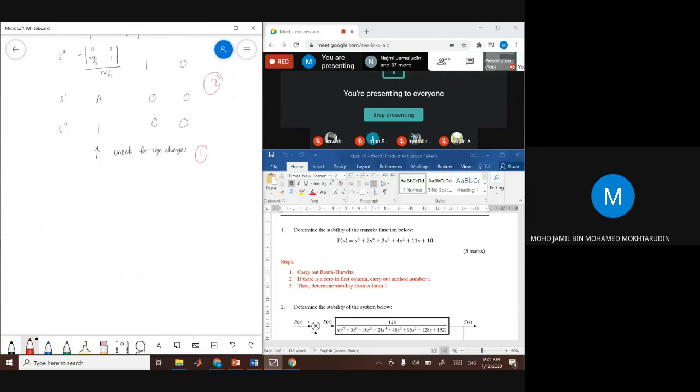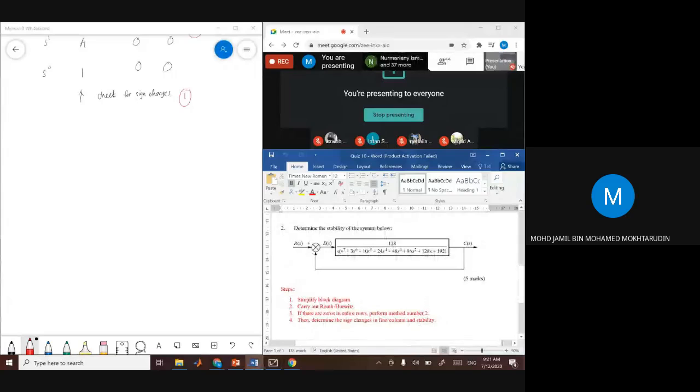Okay, so let's look at the second question. Determine the stability of the system below. So first, you need to simplify the block diagram. Okay, so Routh-Hurwitz criteria. When you want to use Routh-Hurwitz, you need to first simplify the block diagram. Then you can use the Routh-Hurwitz criteria. So let's simplify the block diagram. So C(s) over R(s) equals